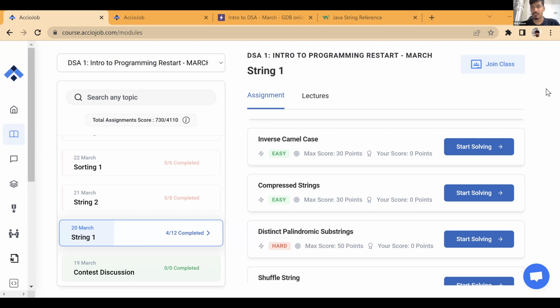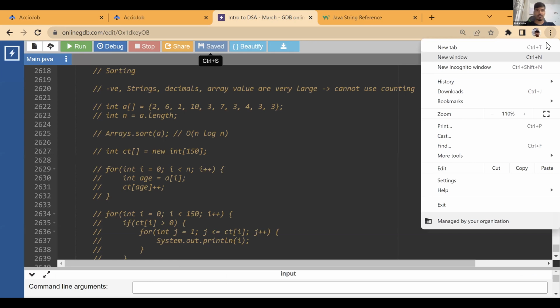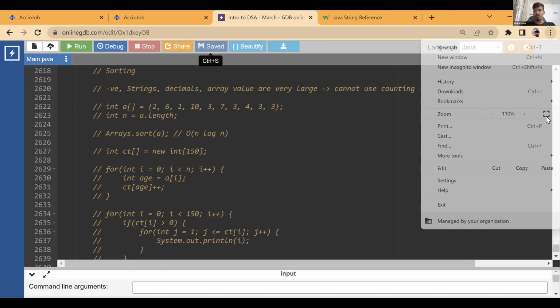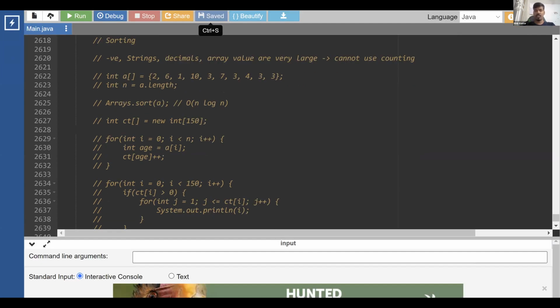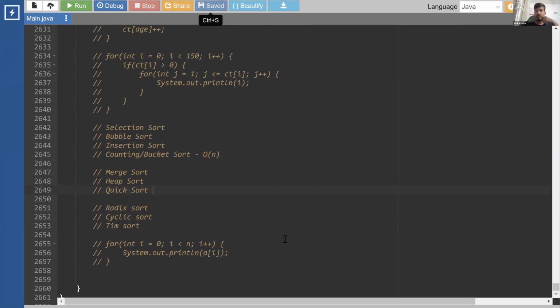Just a second. Yeah, let's start. Okay. So yesterday we started discussing sorting, right? I told you sorting is used in a lot of places. Sorting has a lot of implications, a lot of usage, and a lot of practical applications. Now, since there are so many sorting algorithms,